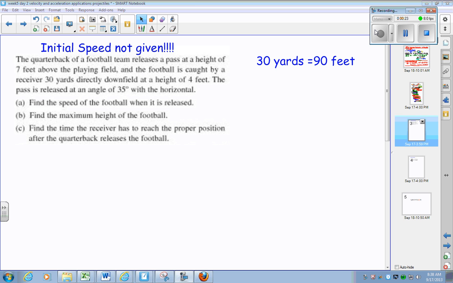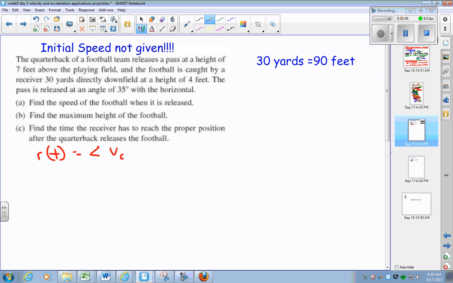As usual, these books like to add in feet and yards and different units. So I put over on the side there 30 yards equals 90 feet because that's going to be important for us. Okay. To start these type of problems, I think we would immediately want to set up our r of t's. Okay, so our r of t in this case